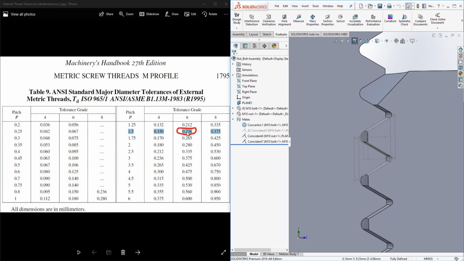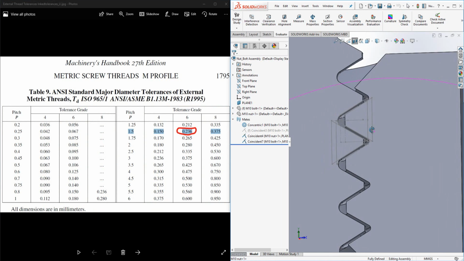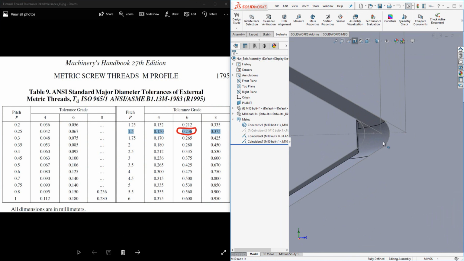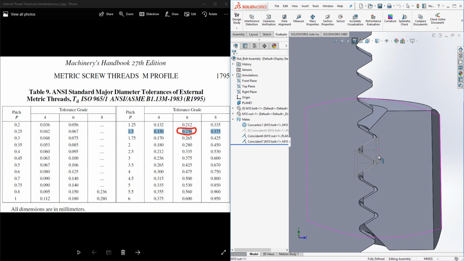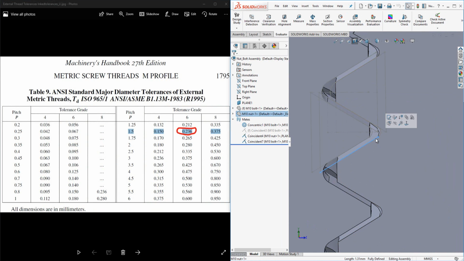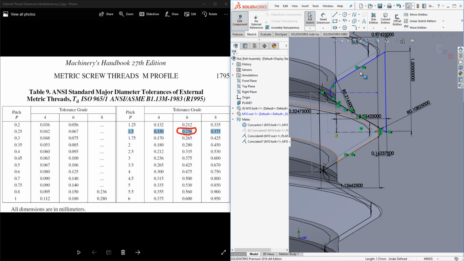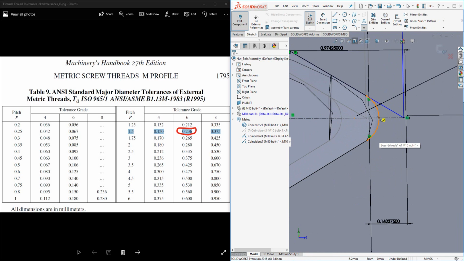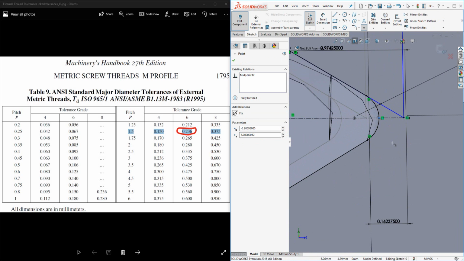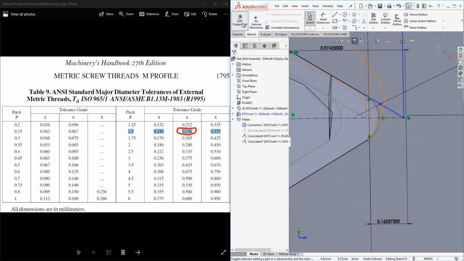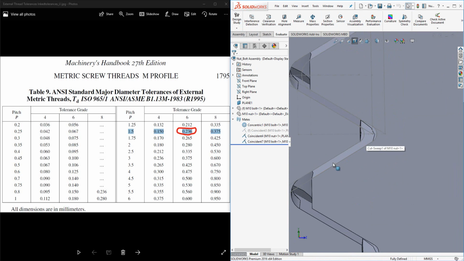To find that number, I have to click on this sketch, edit sketch, select the point, click on this point here, escape, edit component, go to evaluate, select the measure tool